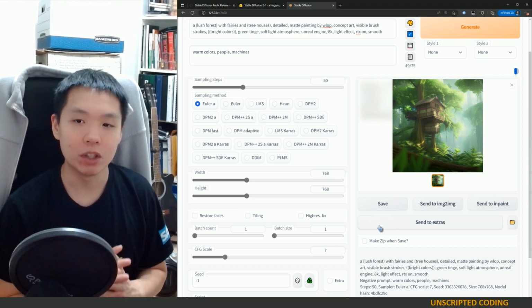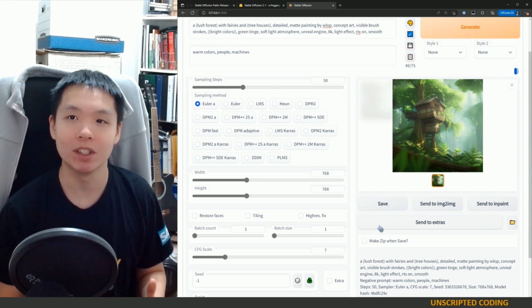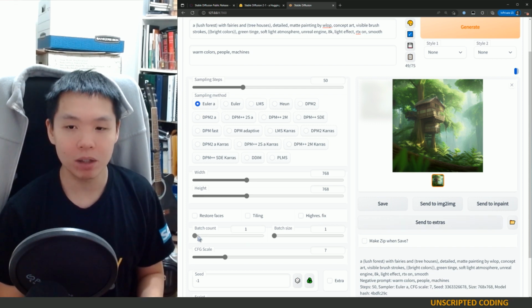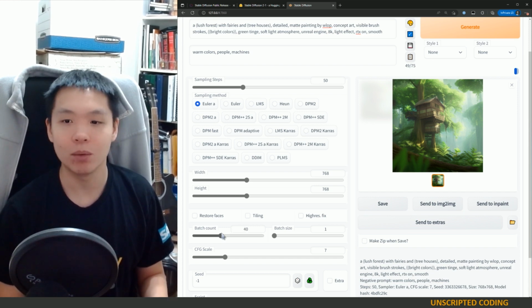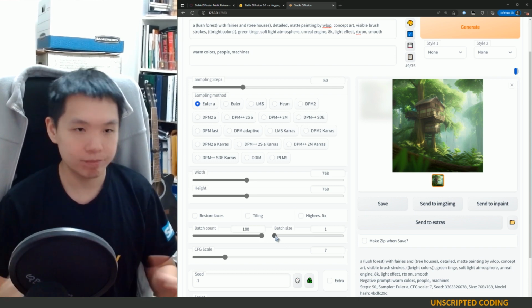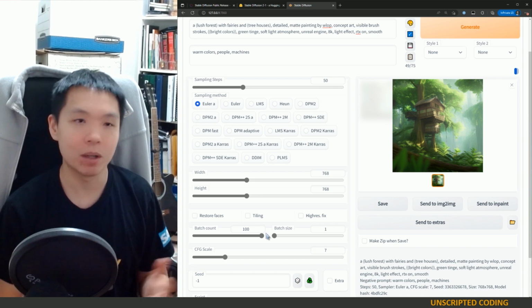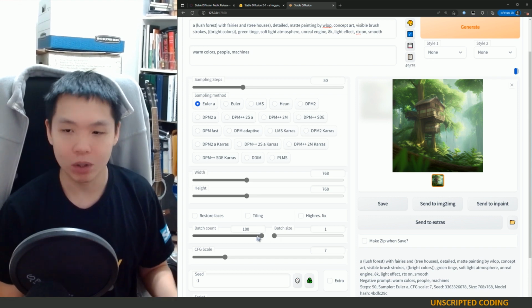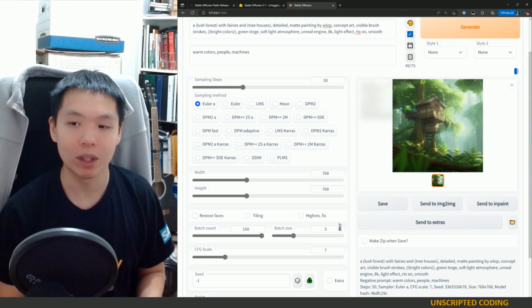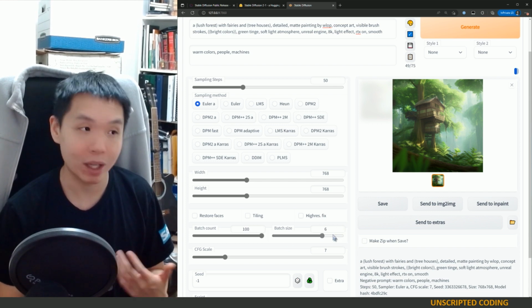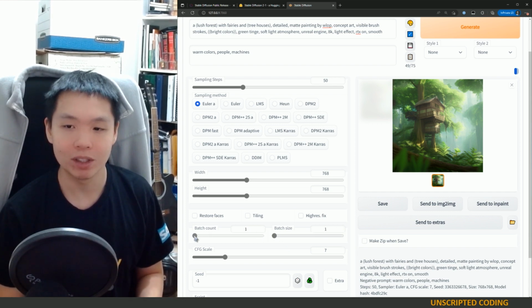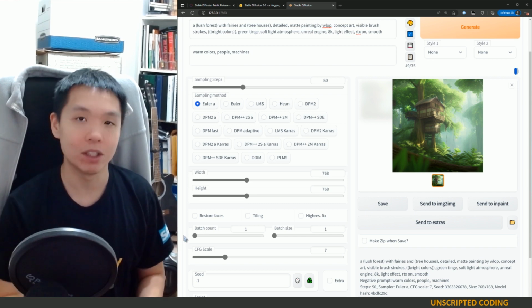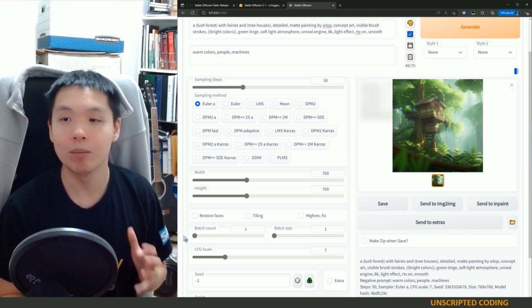people who are posting gorgeous images on Instagram or ArtStation are doing it partly because they're doing a batch of 40 images at once, or 100 images, so that you get to pick the best one. And then, of course, a batch of 100, but you're doing like 3 batches or 10 batches or 8 batches. You're going to see a lot of different results, and you get to pick what really matched your vision and